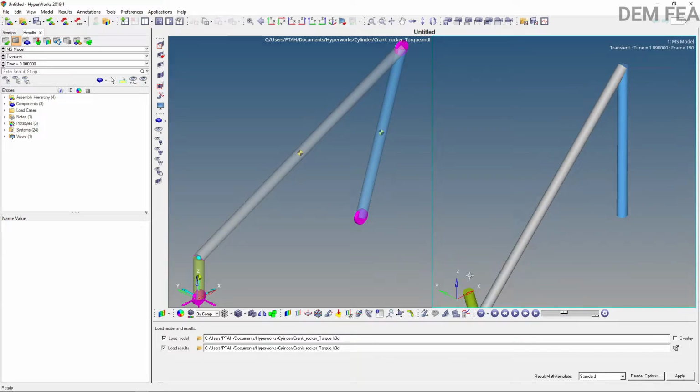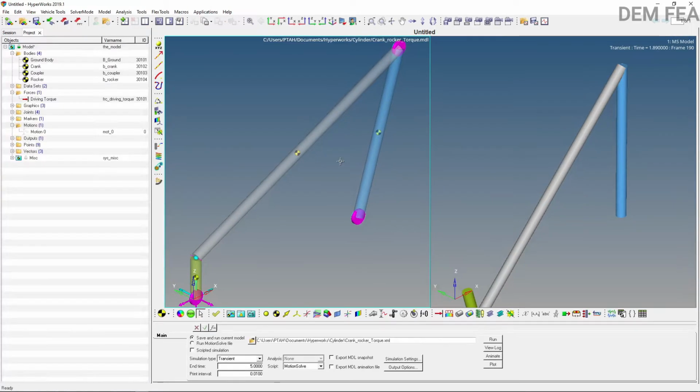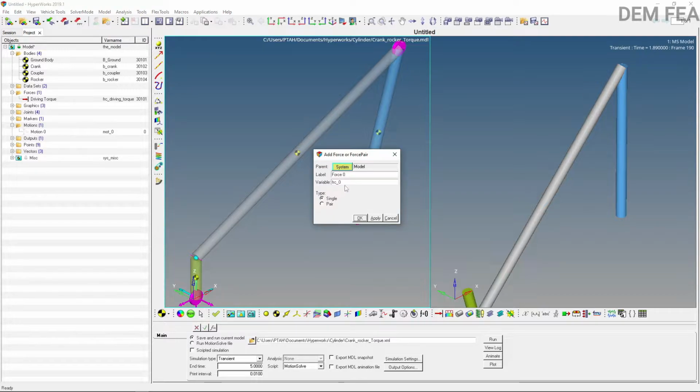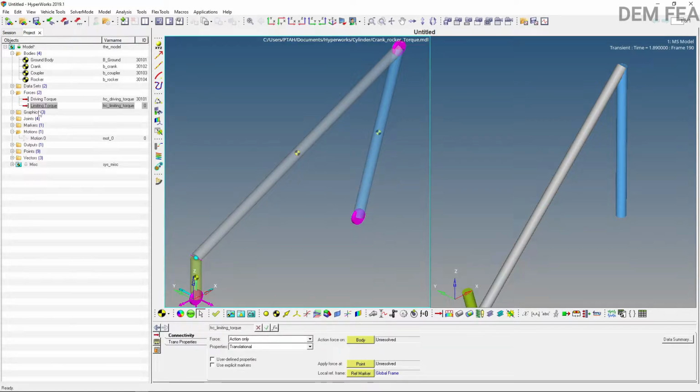What if we want to limit how it's going? For you to limit, we add a limiting torque. Come here. We want to add a limiting torque on the rocker. This one. So you come here, right click, add a limiting torque. Once we add a limiting torque, we now need to add action reaction, and then we say it's rotational,